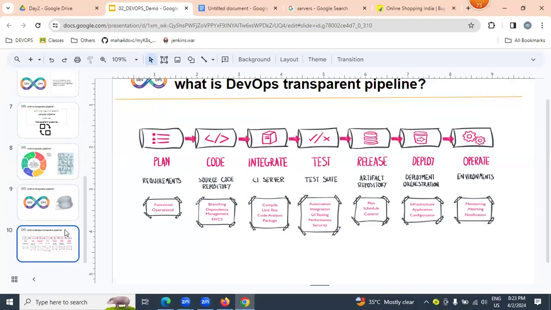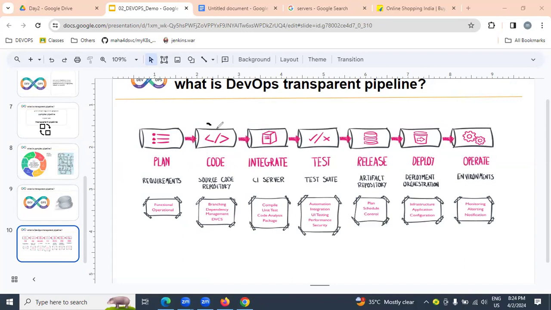But the actual DevOps transparent pipeline looks like this. In this DevOps transparent pipeline, we have plan, coding, integration, testing, release, deploy, and operation. In this DevOps process, our roles and responsibilities start from the dev environment and end with operation.